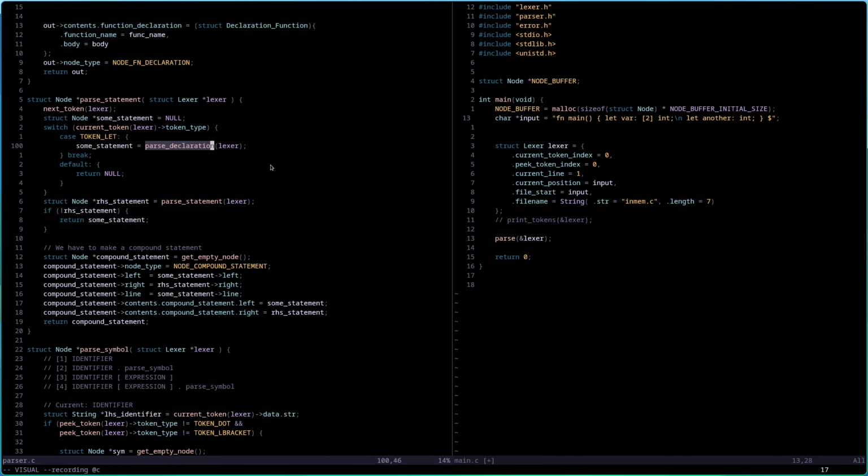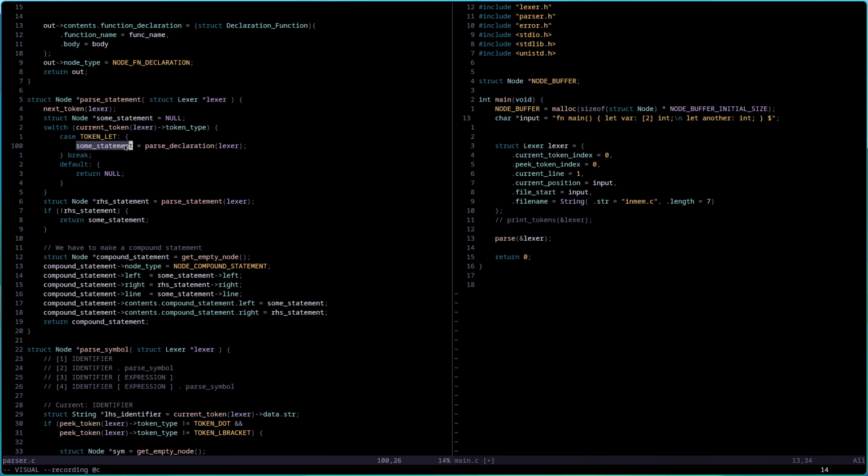But now I have only implemented declarations. And this is actually kind of neat, because let's see here. This is the first statement, right? On here to the right. So when we first get in here, we switch on the type, and if it's a let token, so this token, then we parse that declaration.